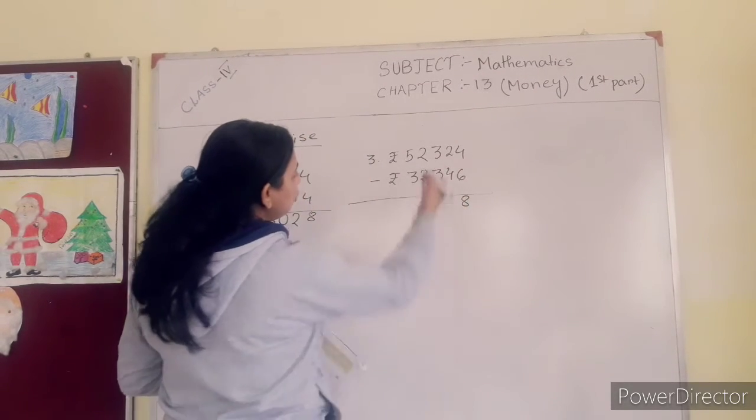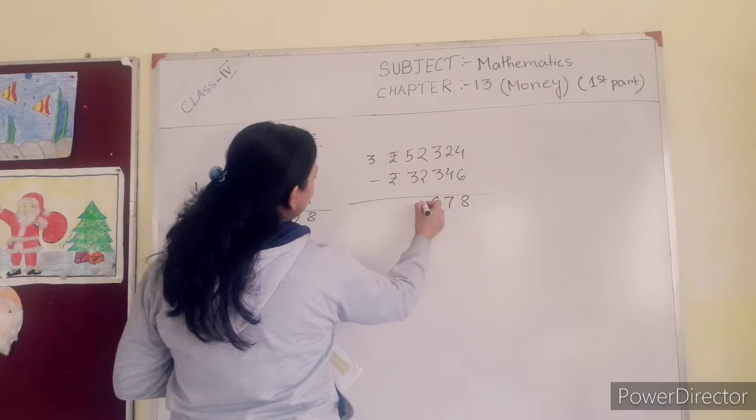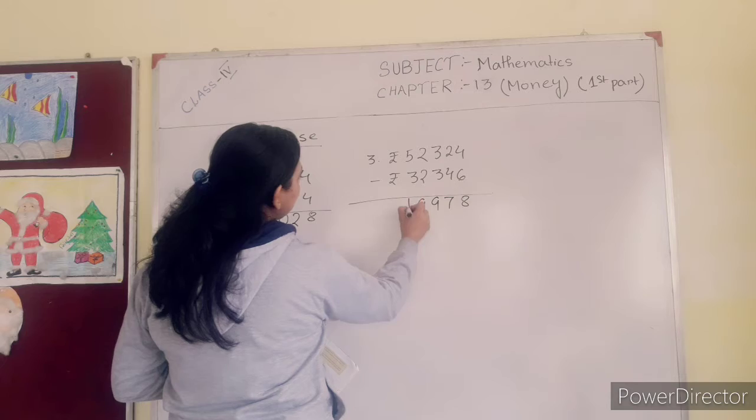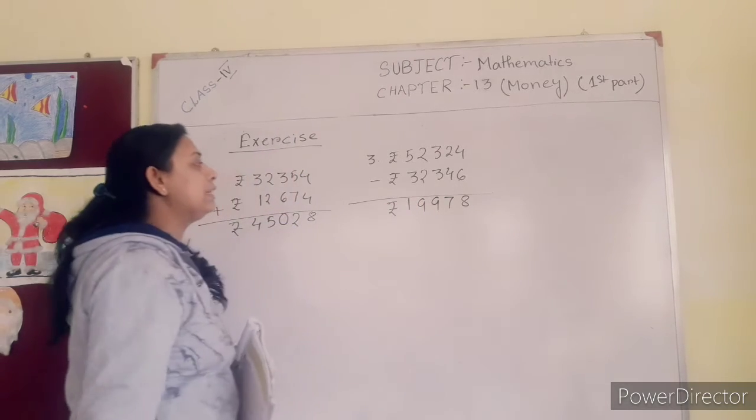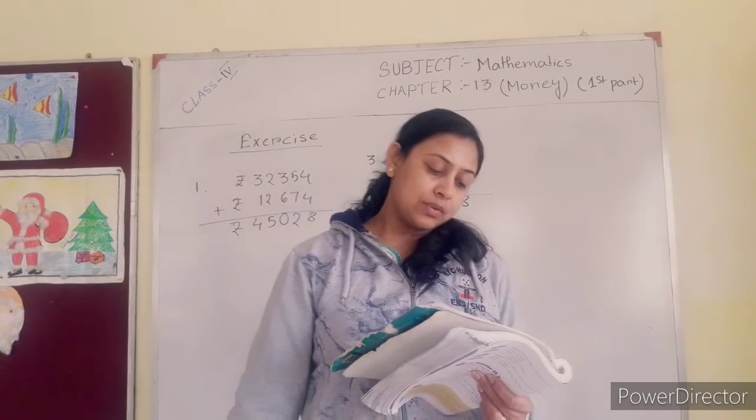4 plus 1 is 5, 12, again 7. 2 plus 1 is 4, 39. 2 plus 1 is 3, 12, 9. 3 plus 1 is 4, 5 minus 4 is 1. So the answer is rupees 19,978. Now number 4. Subtract rupees